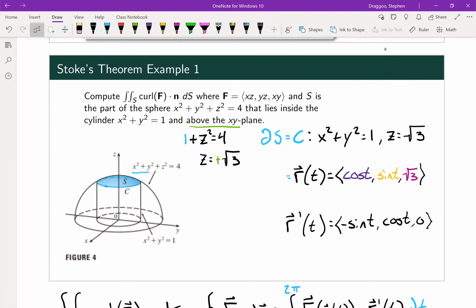It's one of the results that we get from Stokes' theorem, which means that if we're attempting to calculate the surface integral of the curl of some field,